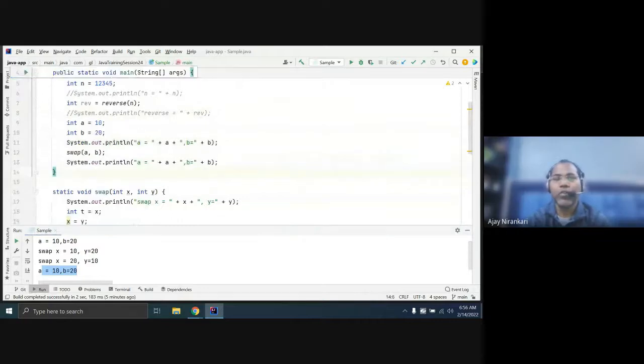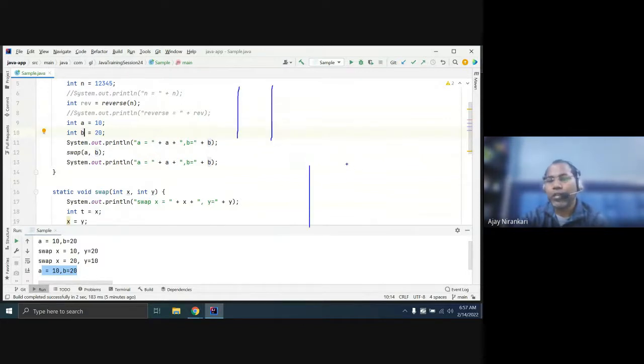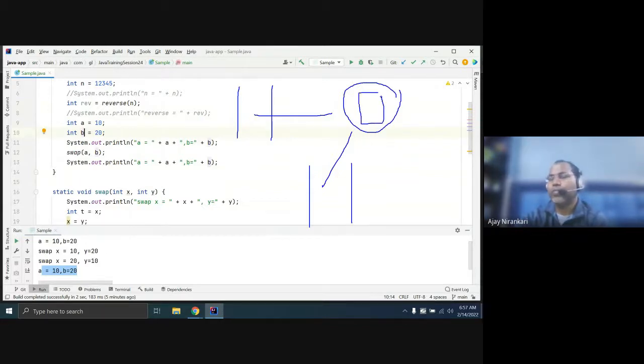So let us see here. Now you want to swap these two, so somehow you have to make sharing. Let's say this is your main stack frame and this is your swap method stack frame. Heap memory is the shareable resource for both. If you create something in this shared space, heap memory, where generally all the objects are stored, then if this method changes something here, the other method also gets the same thing.